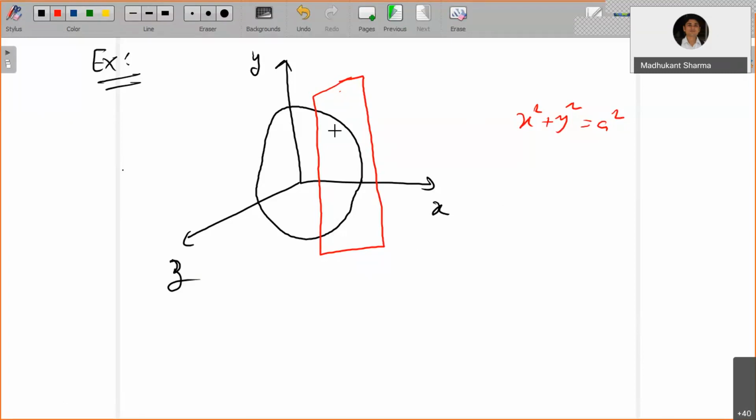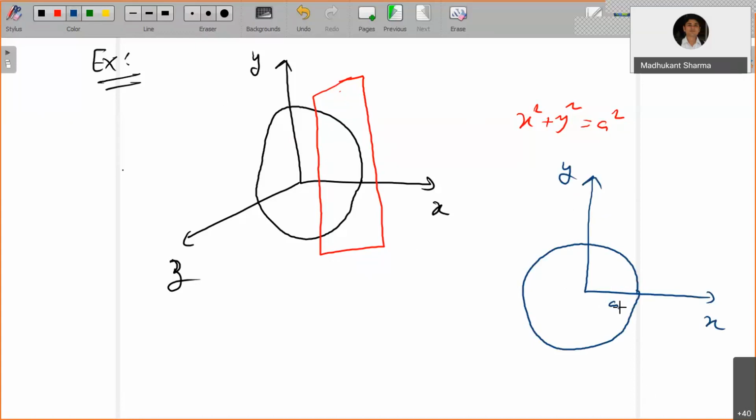so here you can also look at this as, I just want to draw one more graph here. So this is your x square plus y square equals a square. Okay, you can have the center at the origin, and this is a. Now this is x and y. Now if you rotate it about the x-axis, that will generate the sphere. Okay, so if you rotate it about the x-axis, it will give you the sphere.